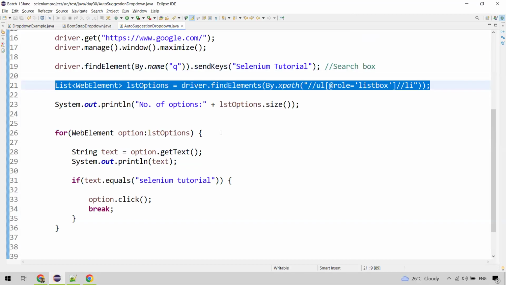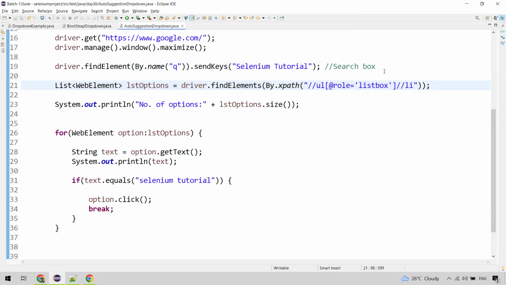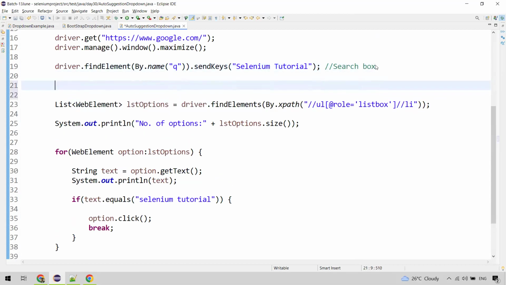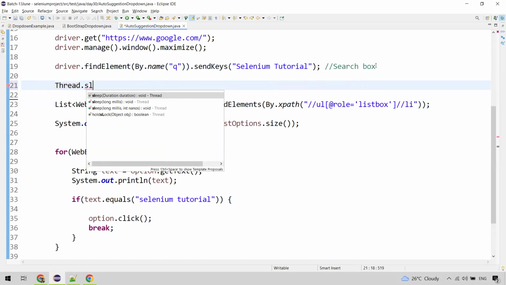See, it takes some milliseconds to populate it. So by that time, this line of code is getting executed and it will not find any auto suggestions. That's why it is returning the count as 0. So in this case, we can use some wait time. You can use either Thread.sleep